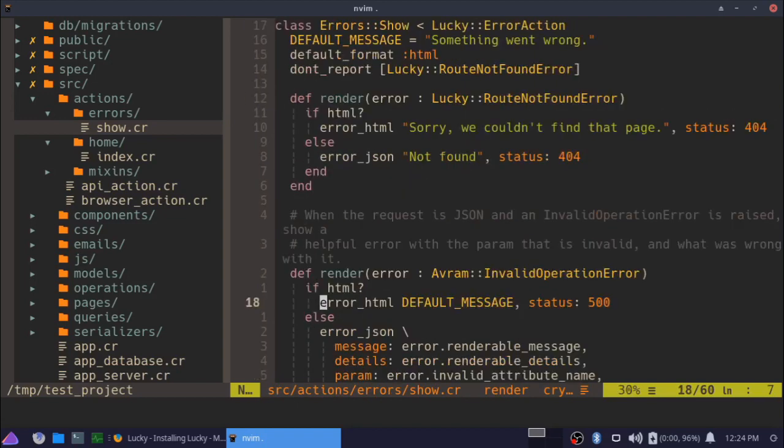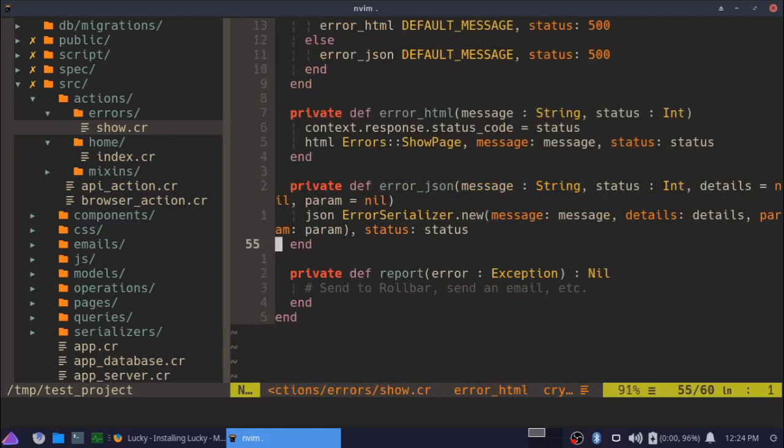You're not going to need to change this starting out. But this is a kind of cool thing down here. So they have this report thing by default in here, which I think is called, but it's not actually used by default. And so every time a report gets called, it passes in an exception. And then you can put whatever you want in here to log those exceptions, send them to Rollbar, send an email, send a text message using the Twilio API. You can do all kinds of things with those errors,